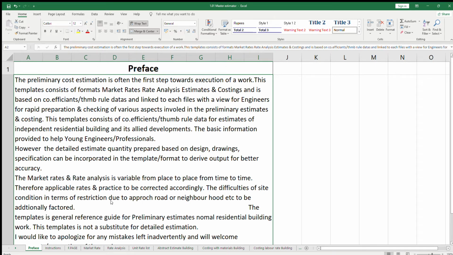Welcome you all. So this is the building estimator which I am giving you a demo. This is aimed to make a quick estimation. This file size is about 160 MB and therefore it takes a little bit extra time to download and to open it. So once you open the building estimator, we have various files here: preface, instructions, front page, market rate,